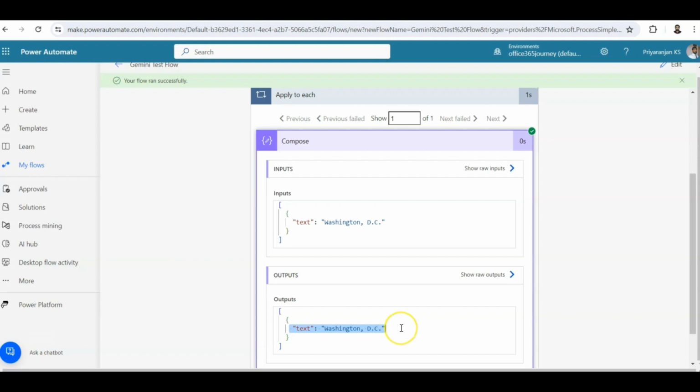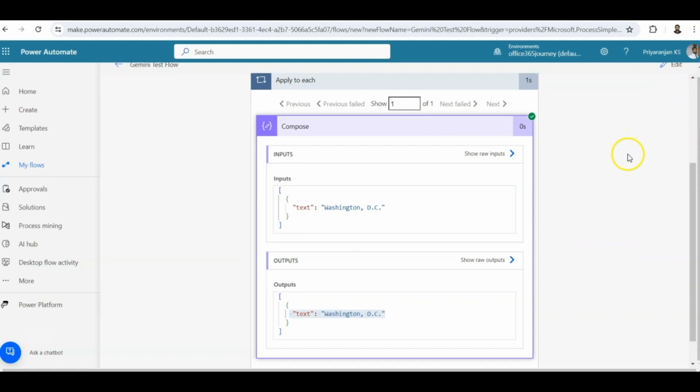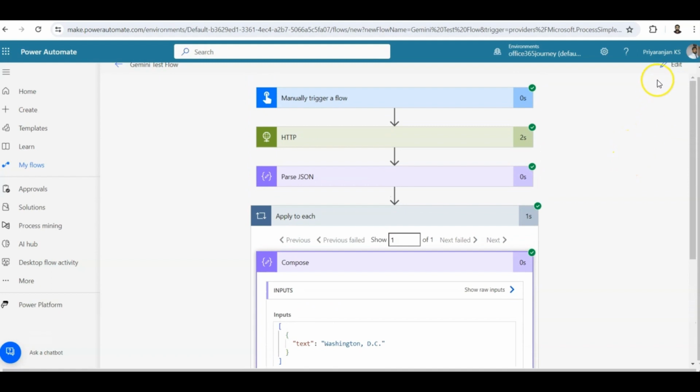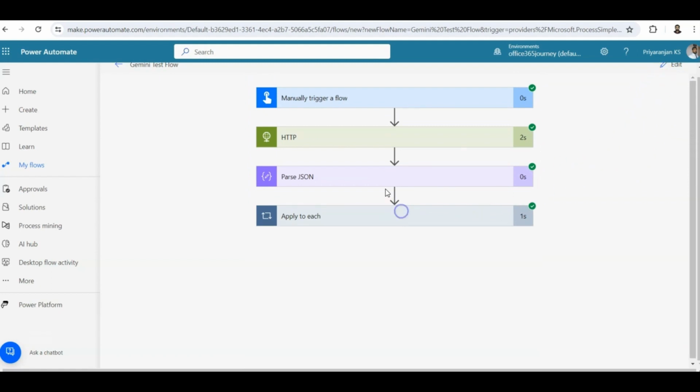Now, with this, we come to a closure of the HTTP action and see how we can use this action to invoke the Gemini API. Probably for first timers, this might look a bit overwhelming or a bit too much. So instead of using multiple steps, using the HTTP action and then again using other actions to extract the data, what we can do is